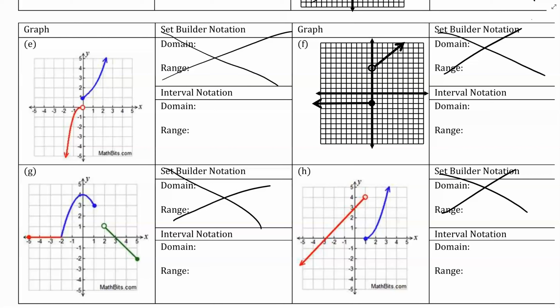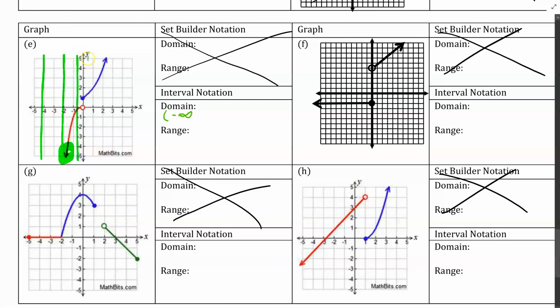So for part E, we have domain. Again, if you take your pencil up and down, and you move it to the left, the first time that it touches the graph is an arrow that goes down and to the left. Now again, it might be tempting to write a number, but in this case, it will be a negative infinity because the arrow goes to the left forever. And something interesting is going to happen. If I continue to sweep to the right,